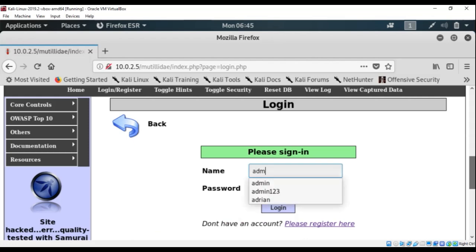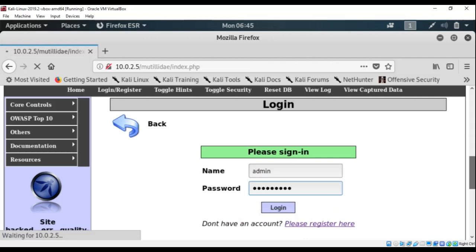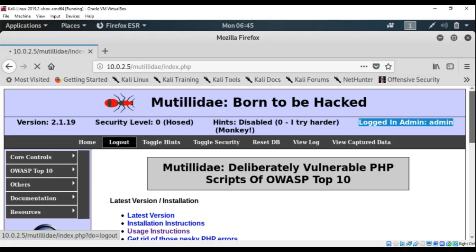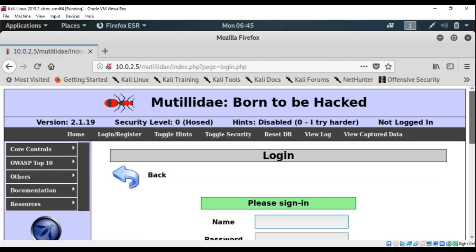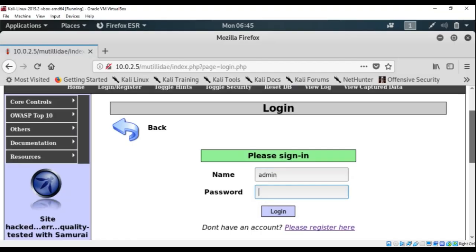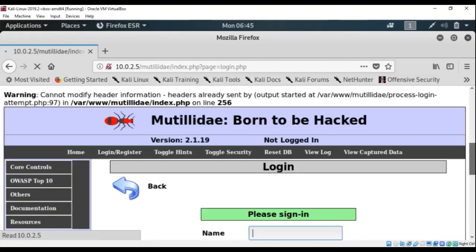and let's try admin and adminpass. Okay, so now we are logged in as admin. Done. Click on logout. Now let's try the same thing using SQL injection. So admin and simply type a single quote. Hit enter. Now